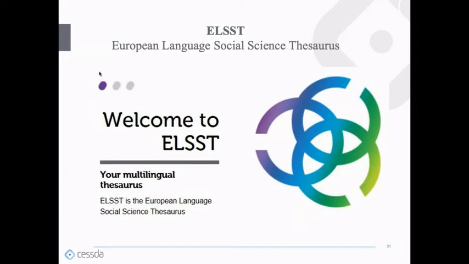The European Language Social Science Thesaurus, or shortly ELSST, contains terms corresponding to social science concepts. For example, you want data related to work. ELSST will tell you that the better term to use for searching is employment, and it also shows you terms and concepts that are related to employment. ELSST includes terms in 13 European languages, so it allows you to search in languages you don't know.